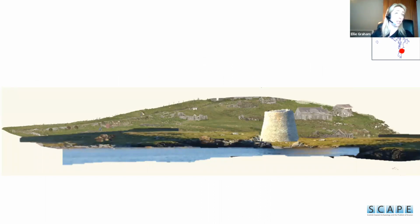So this is a landscape model built from drone images with the idea of how the Broch might have looked had it not been eroded. Because those outer granite boulders were the locally available Chanarwick granite, it was white with quartz and mica, so it would have sparkled in the sun. So it might originally have stood a bit like this at the head of Chanarwick Bay if it hadn't been